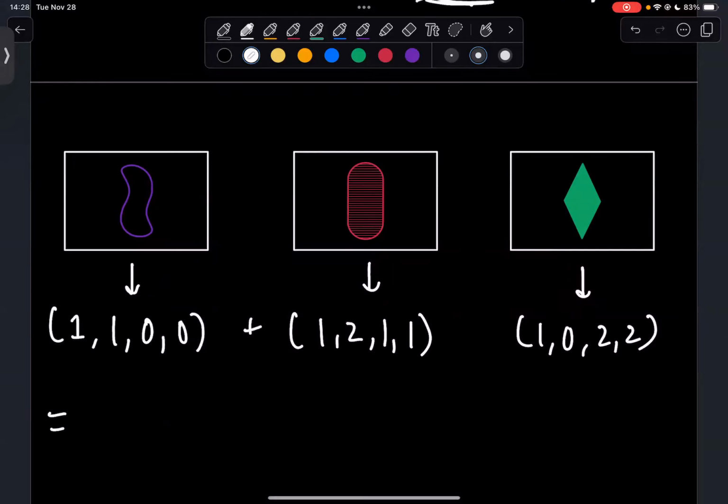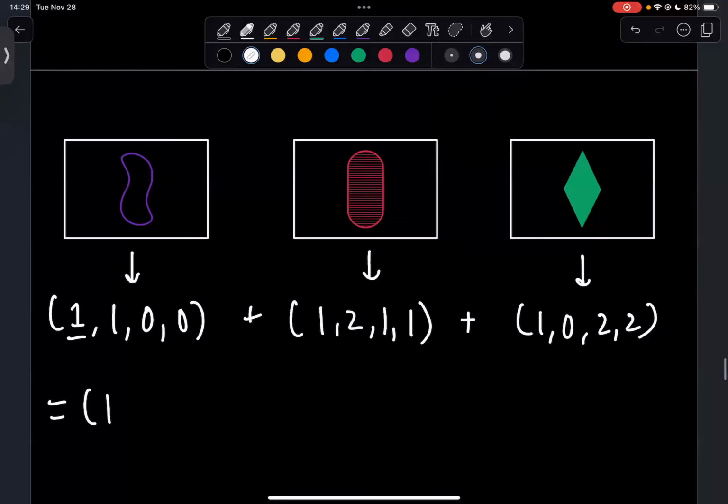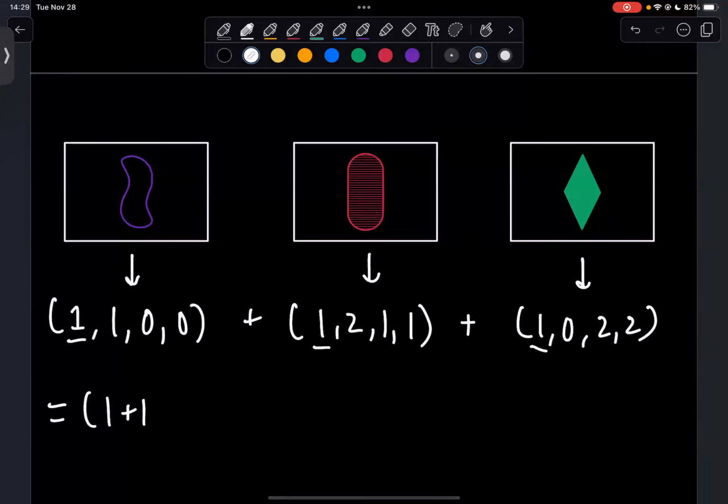Okay. And if I want to add vectors, there's one way I can do this, which is usually the canonical way to do it, is to look within each entry, really add component-wise. So if I look at the first component of all 3 of my vectors, I'm really going to add all those values together. So for my first entry of this sum, I'm going to have 1 plus 1 plus 1. And then later on, I'll reduce it, thinking mod 3.